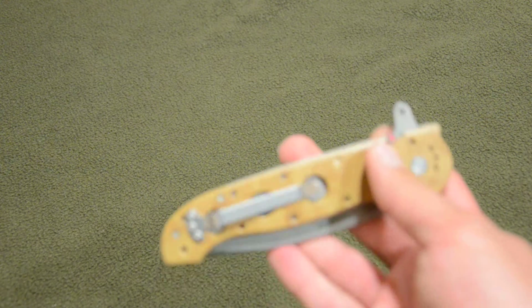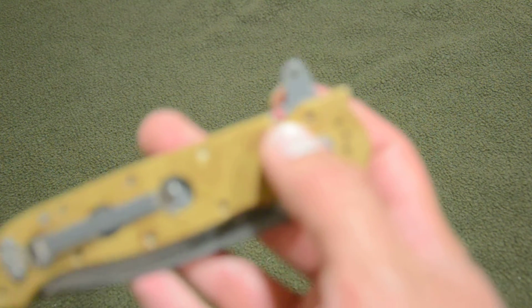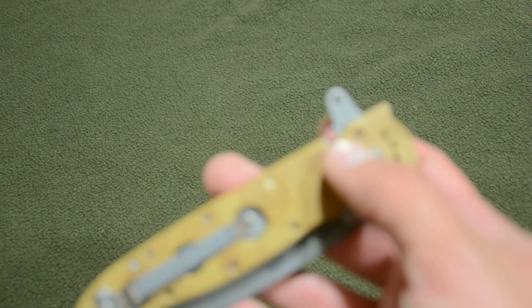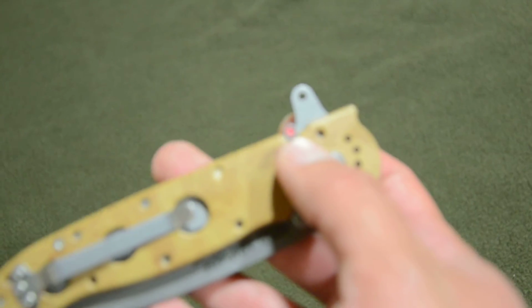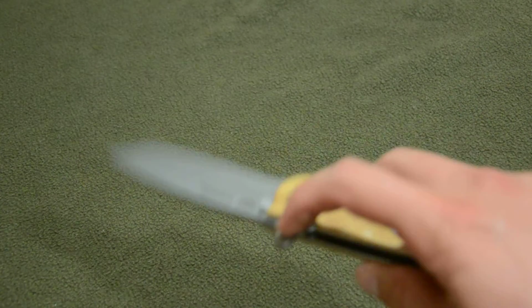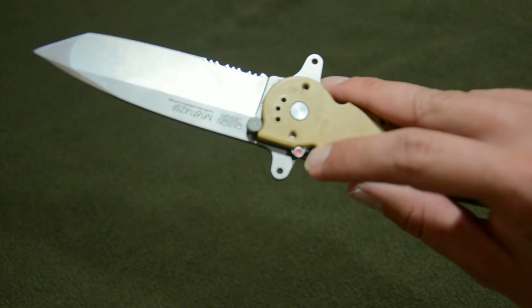is the locking mechanism. Once again, going way back to that Gerber Applegate, the Applegate Fairbairn dagger, is this little baby right here. Okay, I believe in you. Oh, actually, I don't believe in you, camera. There we go. When you open the knife, I'm going to use the flipper because honestly the thumb studs suck. This, much like on the Applegate,